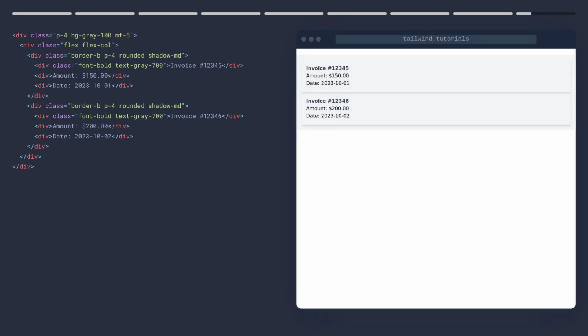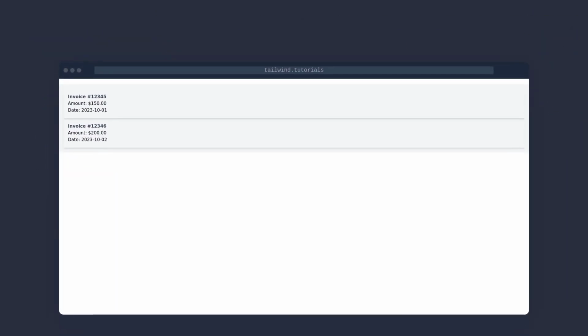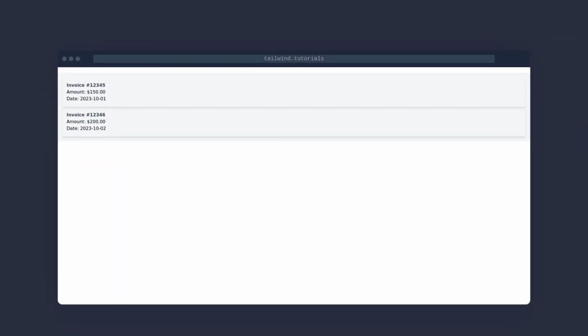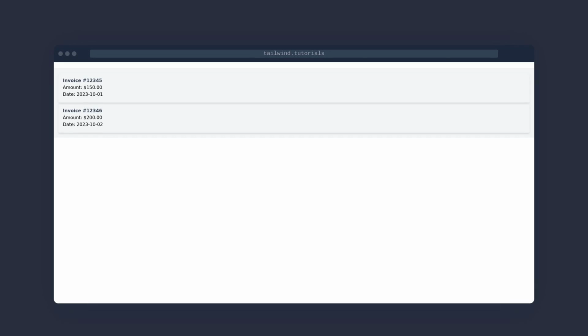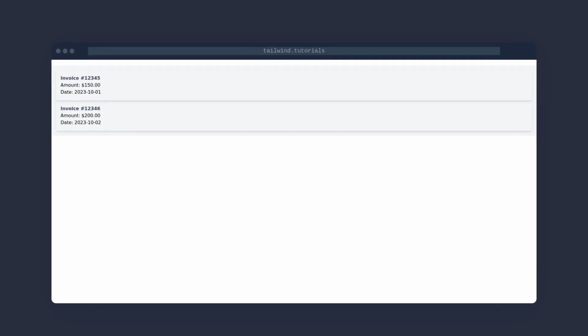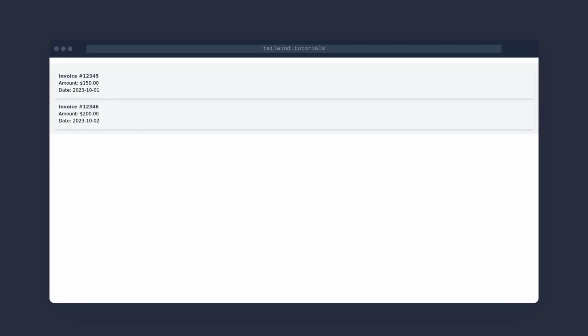Finally, add some margin to the top of the component using mt-5 to ensure it doesn't stick to the edges of the page. And there you have it, a beautiful Invoice History UI component built with Tailwind CSS. We covered how to structure the component using Flexbox, style it with Tailwind's utility classes, and ensure it looks clean